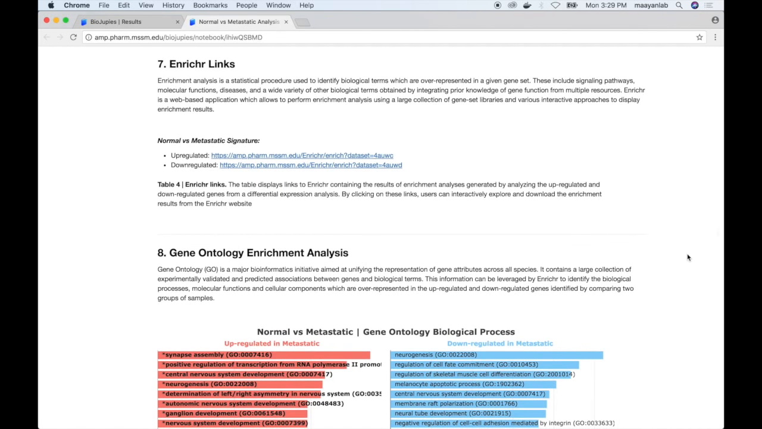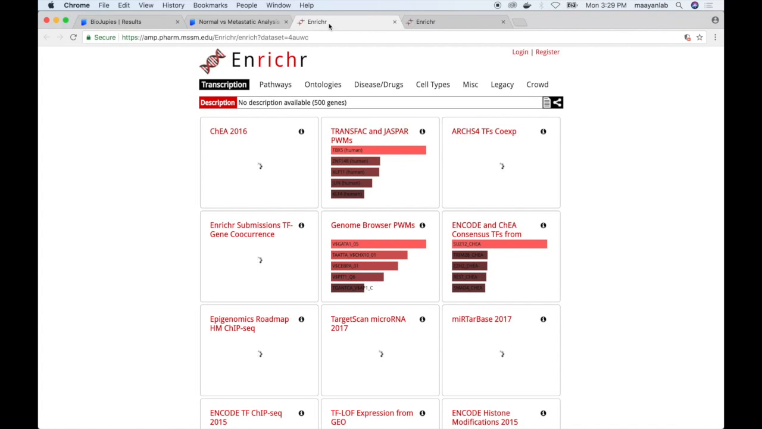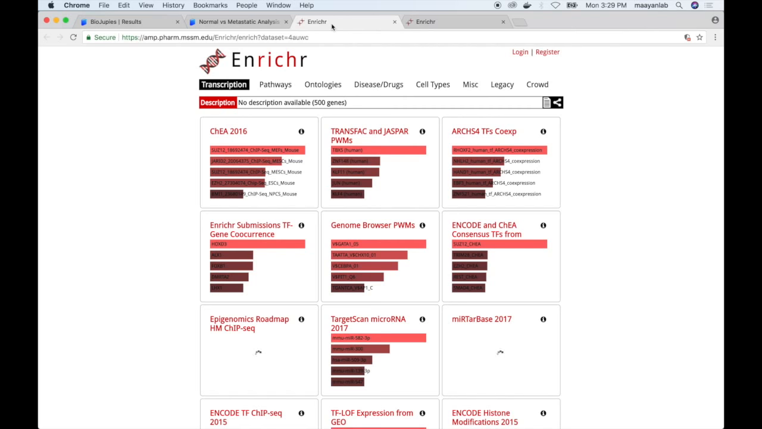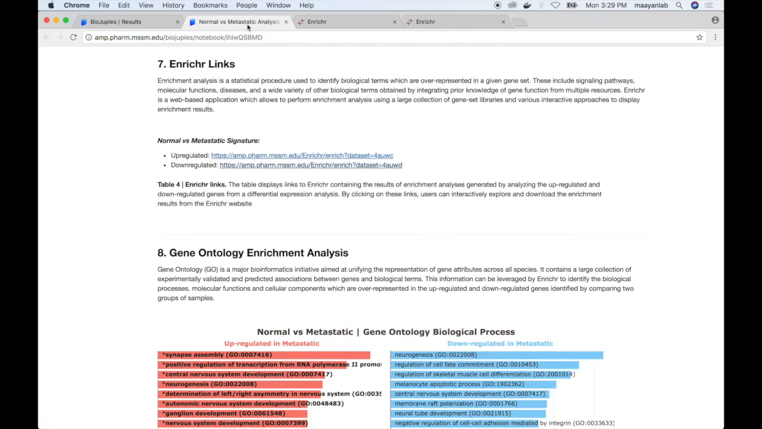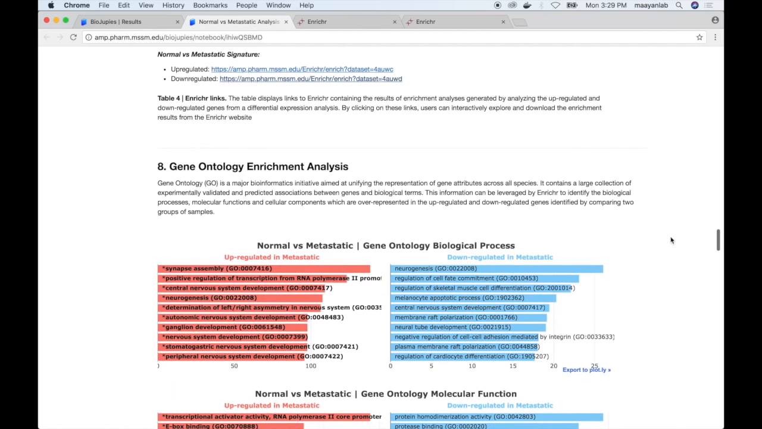Once the differential expression analysis has been performed, the upregulated and downregulated genes can then be uploaded to the enrichment analysis web server known as Enrichr to identify biological terms which are overrepresented in each given gene set. So in this case, BioJupies provides links to Enrichr web pages, which contain enrichment results for both upregulated and downregulated gene sets, which the user can interactively explore using the web server. The same information is also used